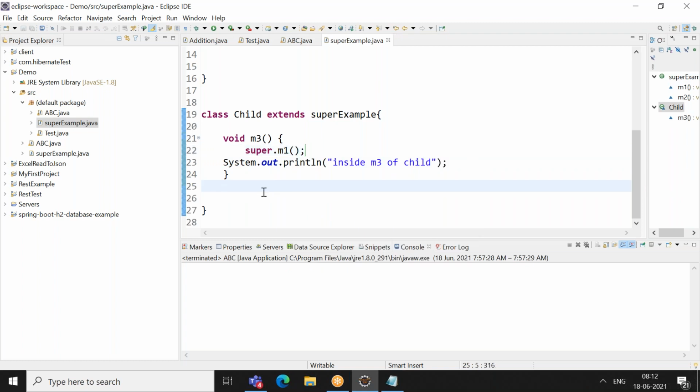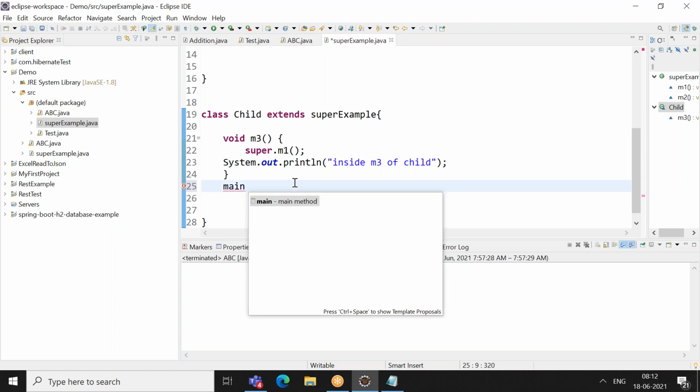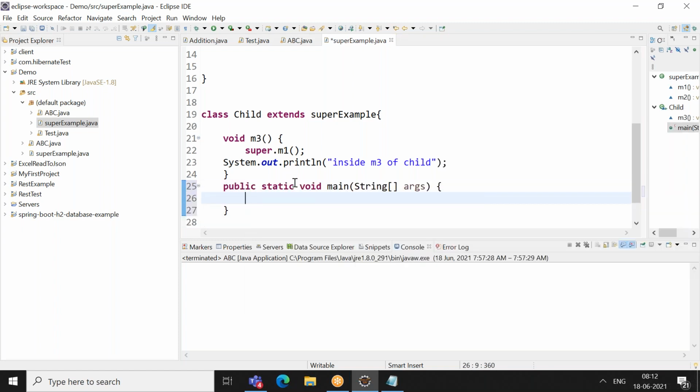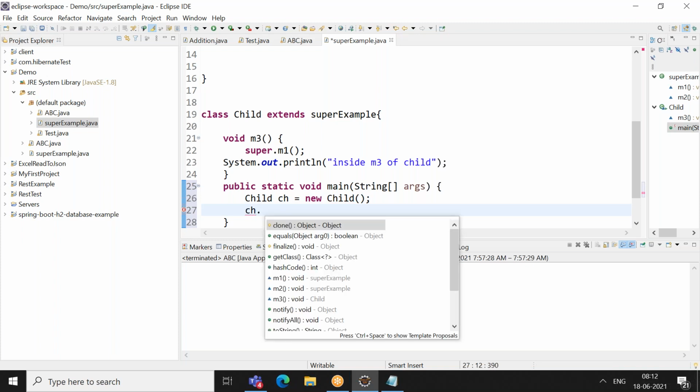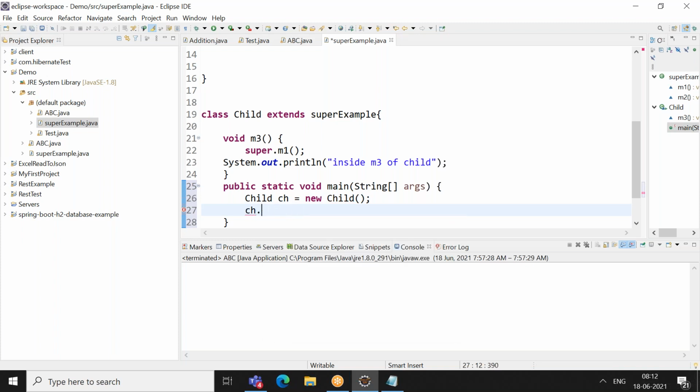So for example, I'll create a child class object. I have a main method here. Assume that I'll create a child class object, ch equals new Child, and I'll be using ch dot m3 method.